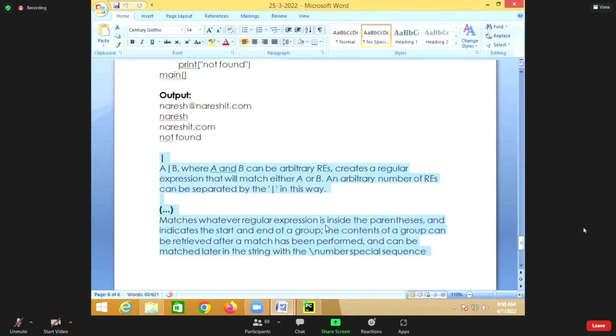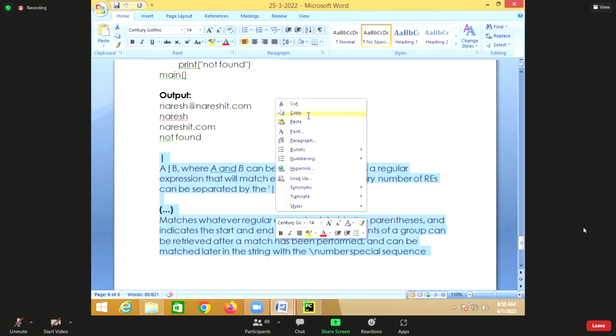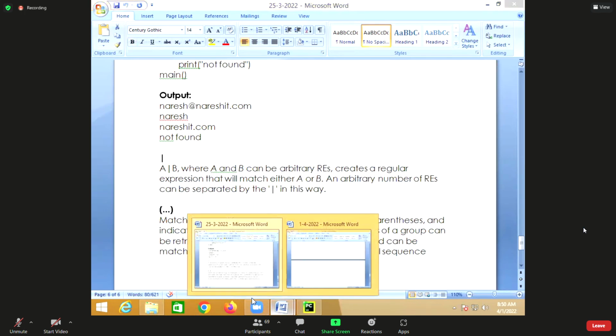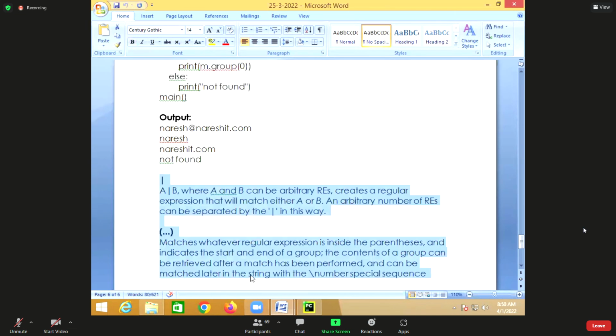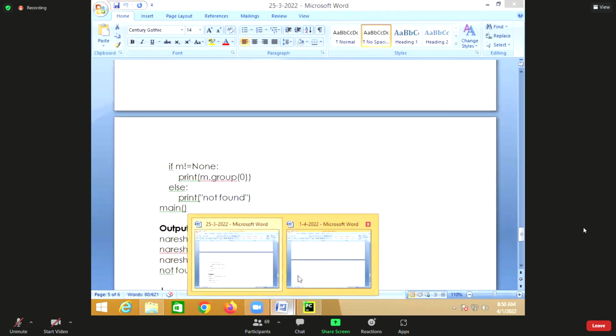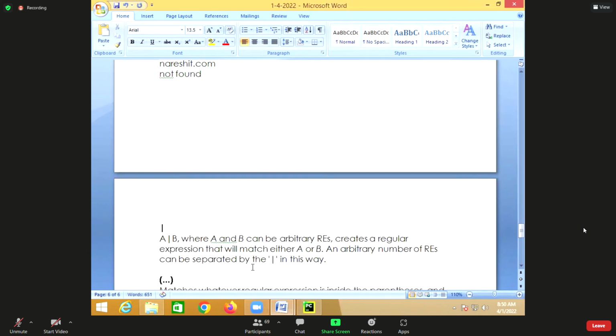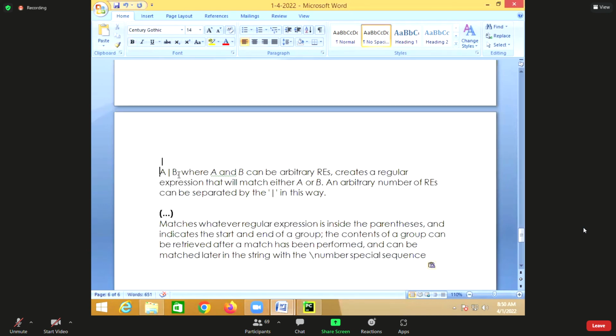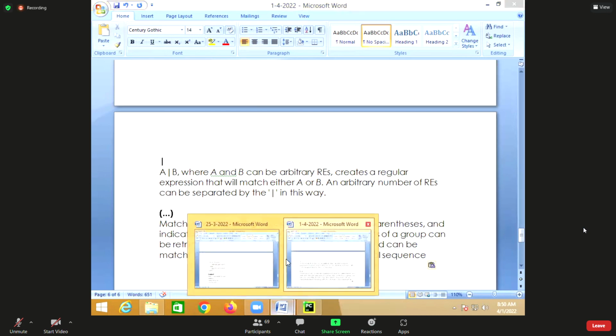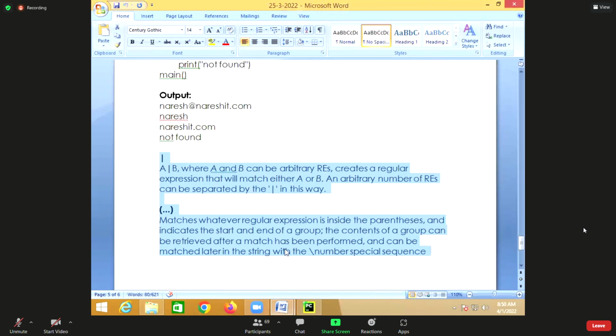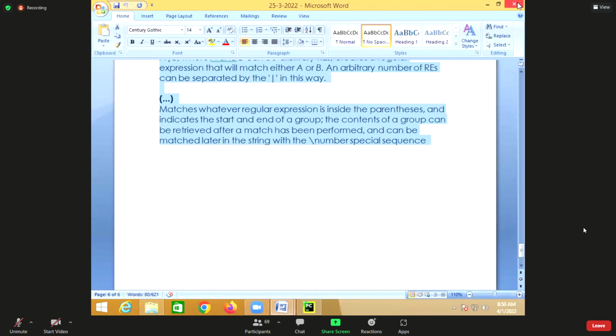One is the pipe symbol and one more is grouping, which is done using parenthesis, A or B. Now this pattern or this pattern. Grouping I already said, but what is this pipe symbol? We'll see.